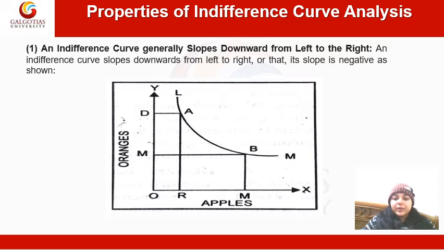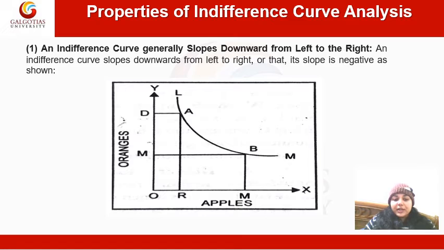Since it is assumed that more of a commodity always implies greater satisfaction, the assumption of non-satiety, more of one commodity must combine with less of other for the satisfaction level to remain constant. This implies downward slope of IC, that is indifference curve. The downward sloping indifference curve is shown by LM here in figure number 6. It implies that consumer will get equal satisfaction from A as well as B combination.